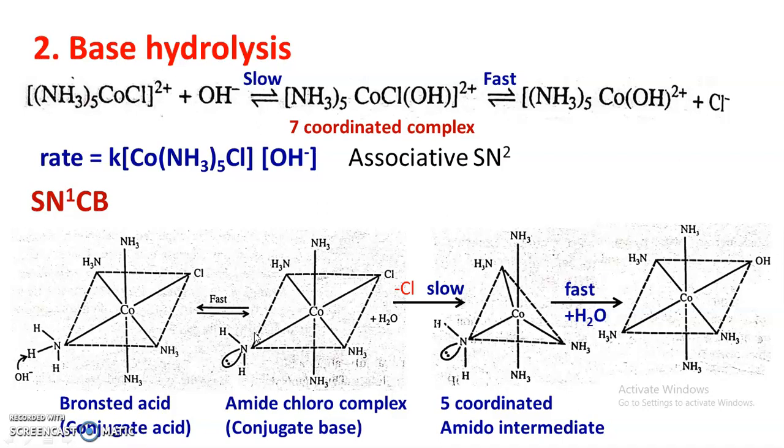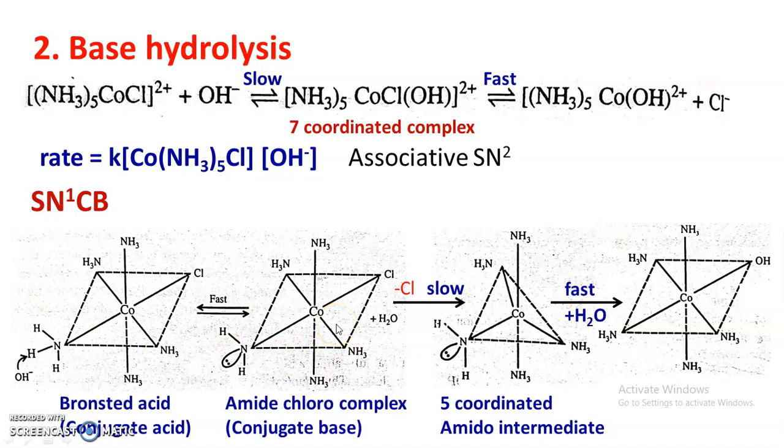Some of the highlighting points of the SN1CB mechanism are: SN1CB stands for substitution nucleophilic unimolecular involving conjugate base, and this mechanism is possible only when the complex contains at least one ligand having an ionizable hydrogen atom. So here in NH3 there is an ionizable hydrogen atom which can be removed by a strong base to get the conjugate base. So the complexes containing at least one ionizable hydrogen atom undergo this SN1CB mechanism,